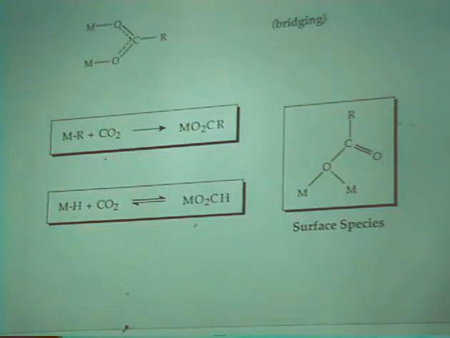There's one other surface species that has been mentioned, and that's one in which a carboxylate can act as a bridging ligand between two metal centers via one of its oxygen atoms. And I have never seen a carboxylate bound in this manner in homogeneous or organometallic chemistry. However, I was reminded by one of my students, when R is an OH group, when it's a bicarbonate, we do indeed see a structure of that type.